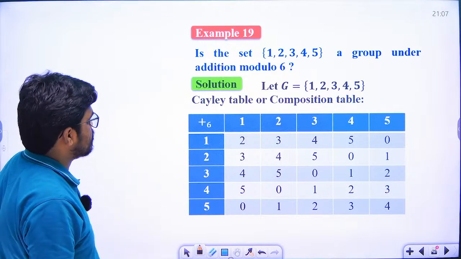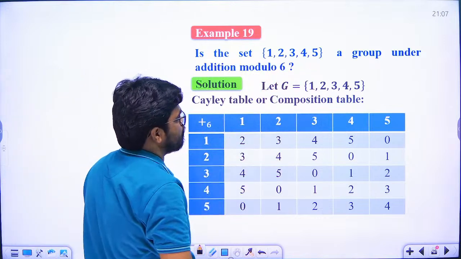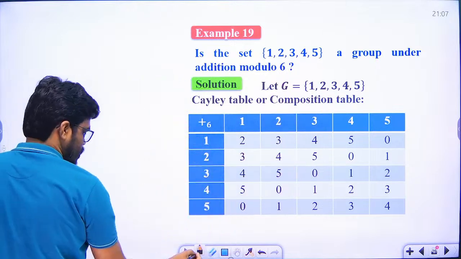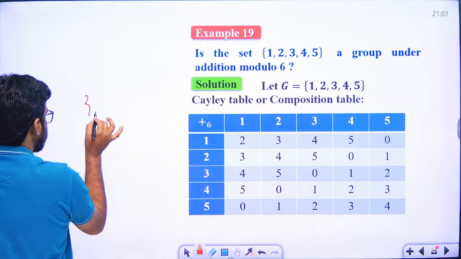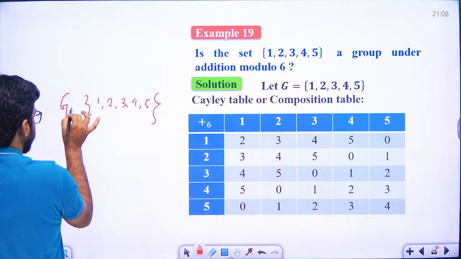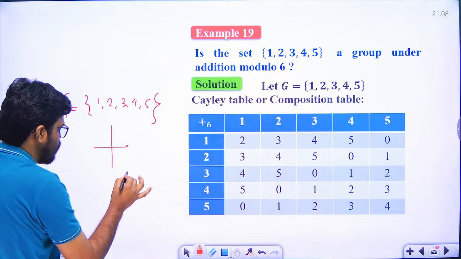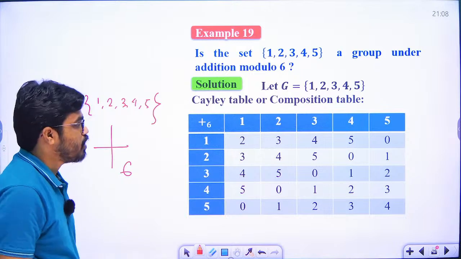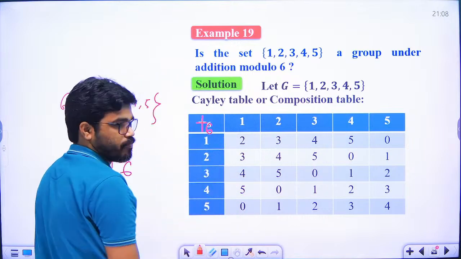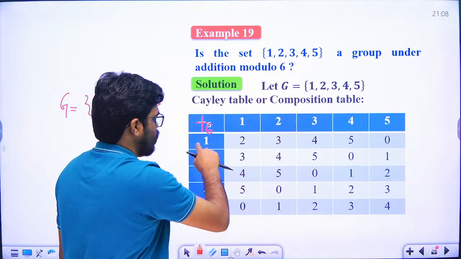So just see this example, this is example 19. This set 1, 2, 3, 4, 5. What is the set here? 1, 2, 3, 4, 5. Suppose G is the set, a group under addition modulo 6, that is plus 6. What are the elements? 1, 2, 3, 4, 5. So plus 6: 1 2 3 4 5. Just add: 1 plus 1 is 2, 1 plus 2 is 3, 1 plus 3 is 4, 1 plus 4 is 5,